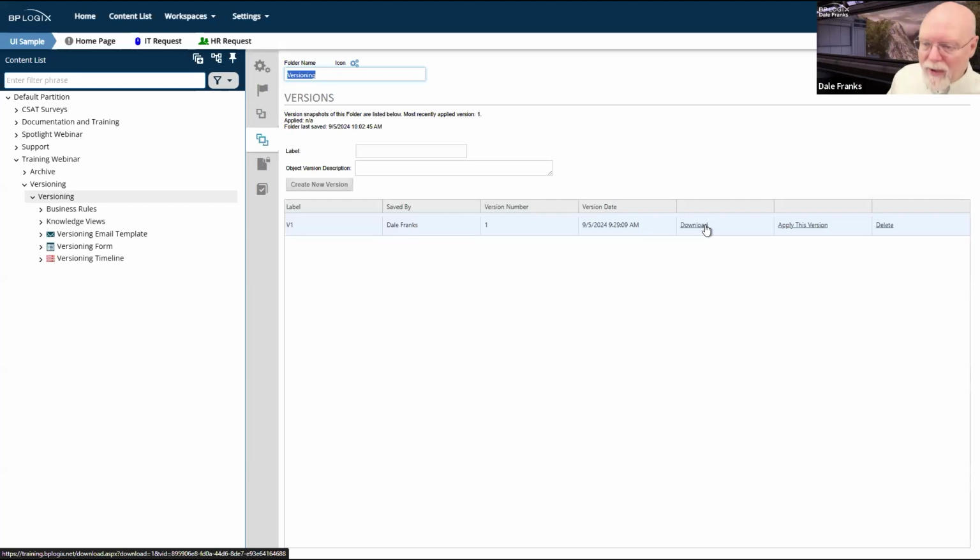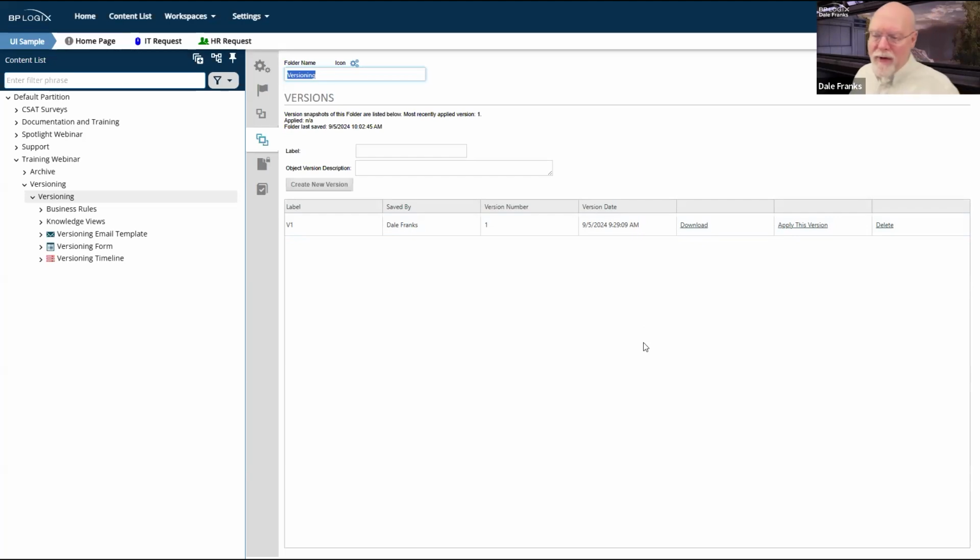So if there was some change to the form that affected the process timeline or vice versa, your import might fail. Whereas if we are here at the folder level, I don't really have to worry about my import failing all that much. Now, it is possible that my import might fail because items do have to be imported from development to production in a certain order.